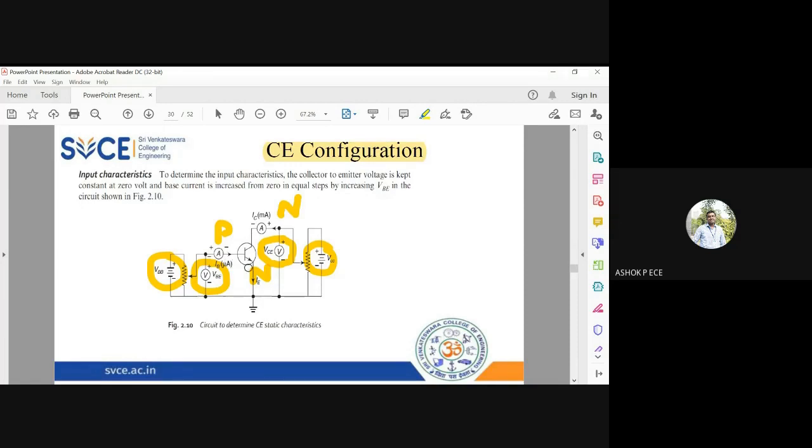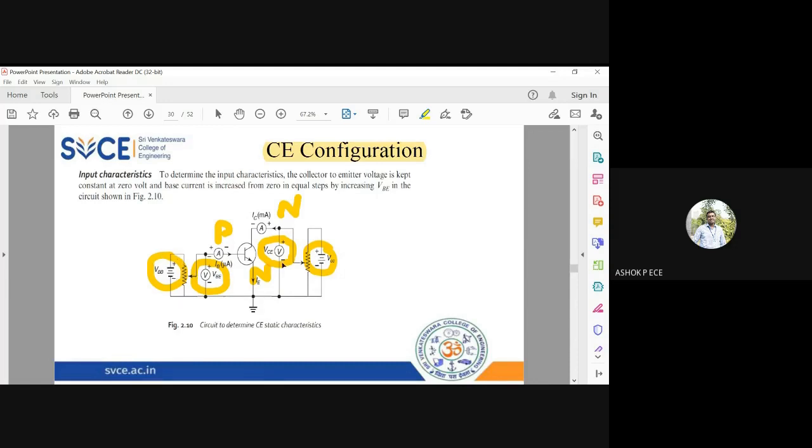After you separate the ground, input and output terminals, add an ammeter at the input terminal and an ammeter at the output terminal, and write the corresponding current name. Input is base, so it is IB, microamperes. I told you the base current will always be in microamperes. Output is collector current, IC, it will always be in milliamperes. Now I have to draw the voltmeters. Before drawing the voltmeters, I need to get the polarity of the two batteries.